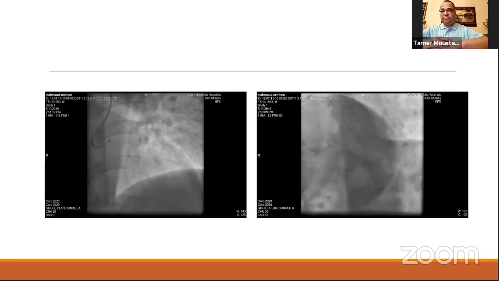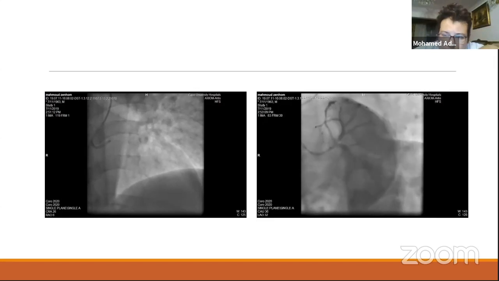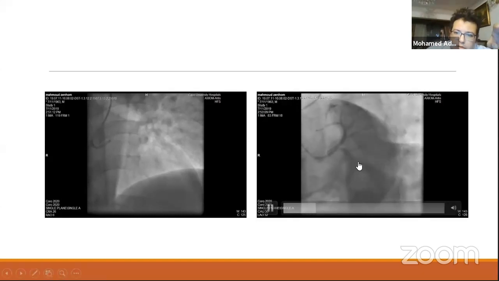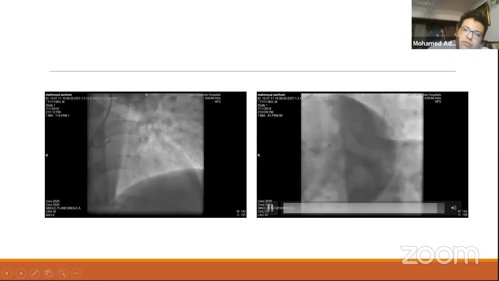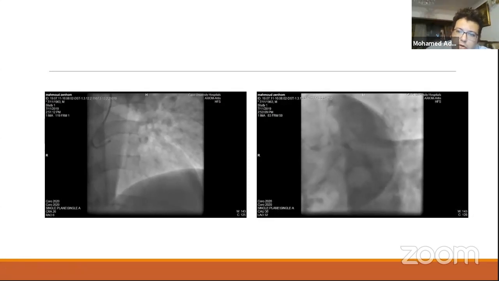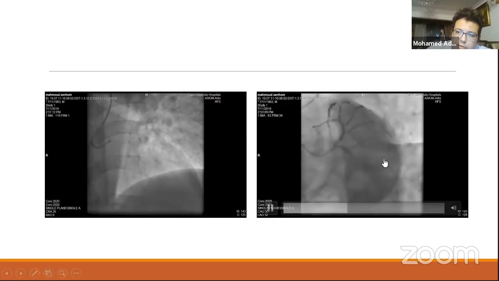Okay. And my point, when I took this spider view: shall I put just one stent in this thrombotic lesion in the mid circumflex and deal later with this left main with another stent, or can I take just one stent to cover from the ostium to this side?